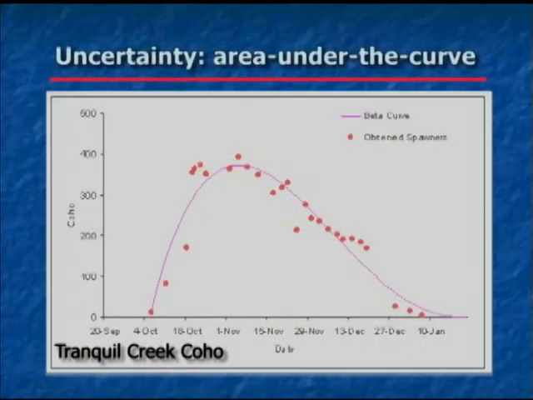Now for the coho salmon over on the west coast, we have completely different circumstances with different biology of the animals. Often the rivers on the west side of the island will be very low until the fall rains arrive, and generally the coho salmon will stay out in the estuary or in the ocean until those rains arrive. So here we see that we have a different type of model fitting our count data, and we have very low counts through late September until the rains come in early October, and then we have a big rush of fish entering the system, and most of those fish will kind of stay there and then do their spawning and